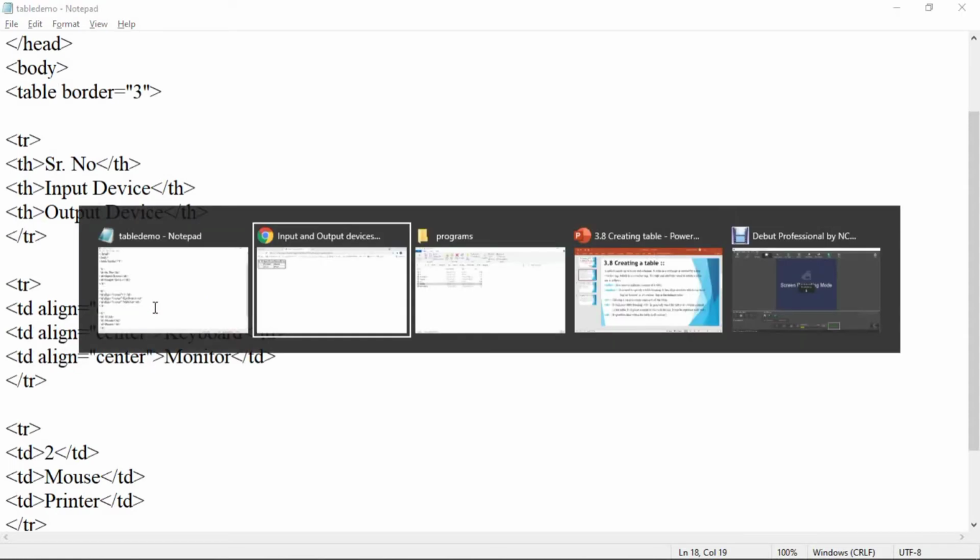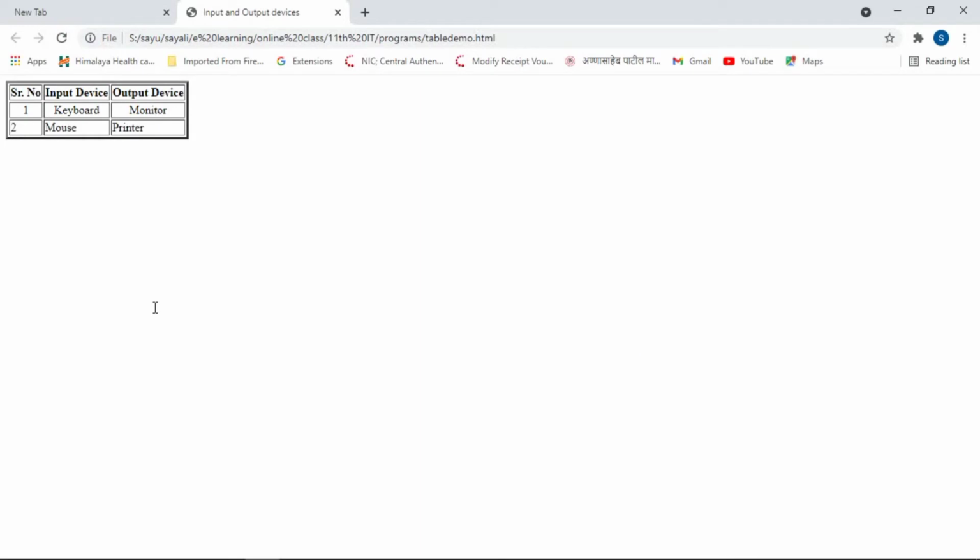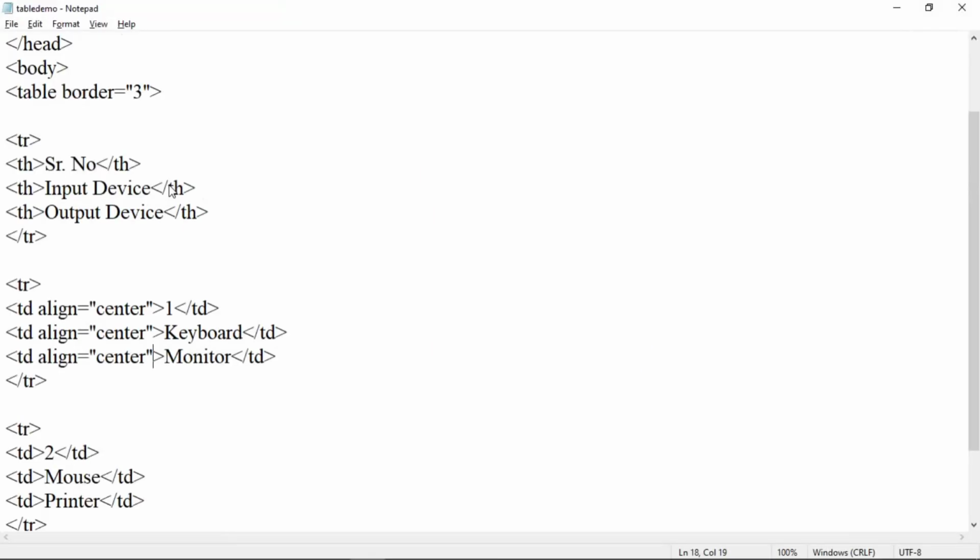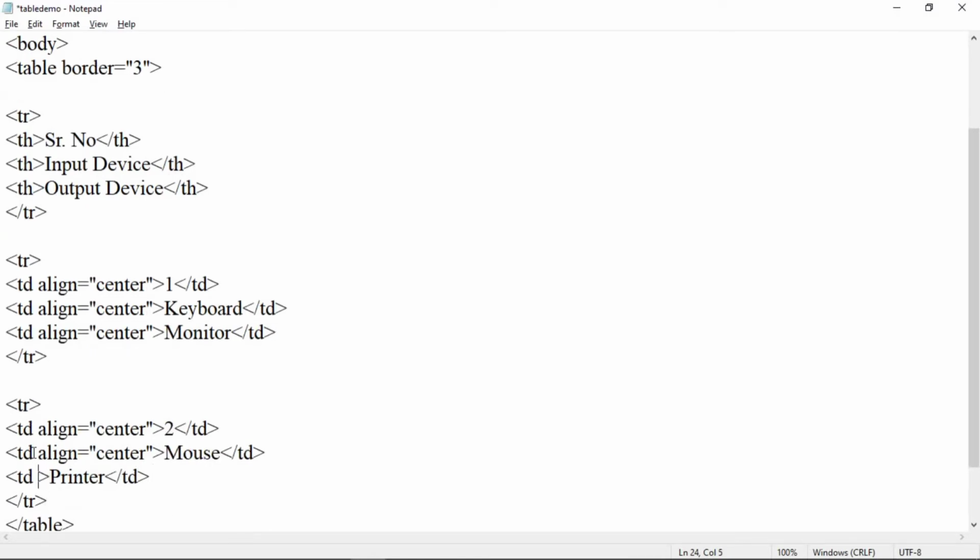Save this. Refresh the page. See, the content is displayed at the center. Similarly, we can add here also. Save the program and now refresh the page.